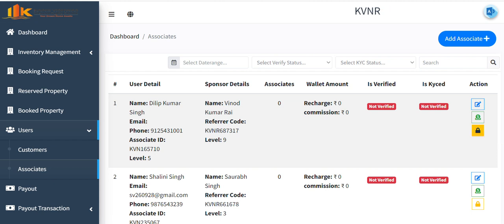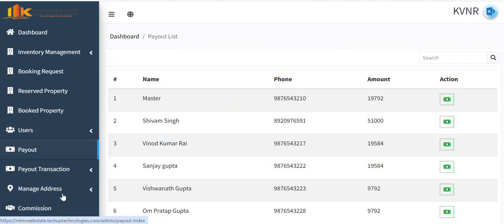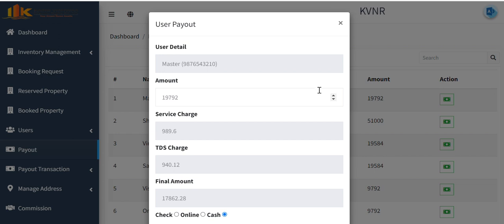Now the payout section. All the payout that has been made on the basis of the bookings they have done for the customers, that payout amount will appear here that you have to give them. So if you want to give payout to any of your associates or employees, you just have to click on the action button, and